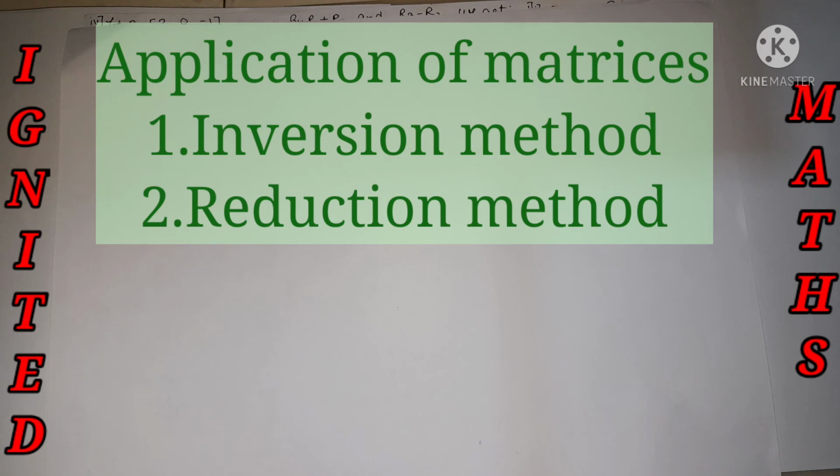We have done this previously, in the 10th and 9th standard, when we used to solve linear equations by simultaneous equations. We can find the values of x and y in that way only, but with the help of matrices we are going to do it over here. That's the difference. There are three types of questions given in exercise 3.3. The first main question is based on inversion, the second main question is based on reduction, and the third, fourth and fifth are just word problem sums.